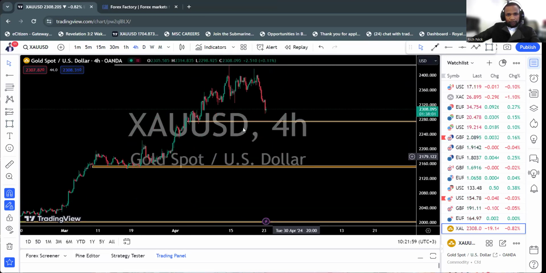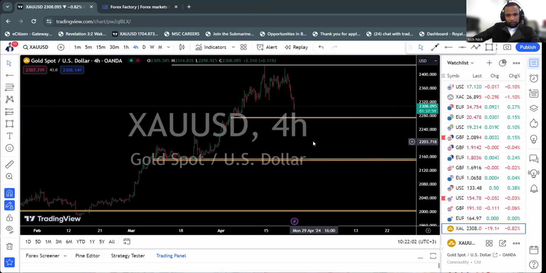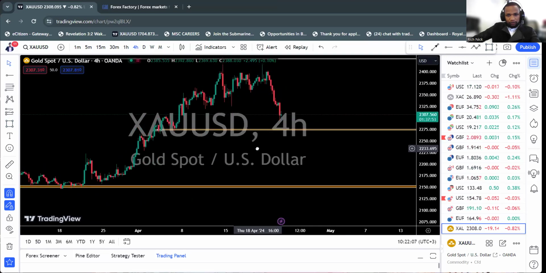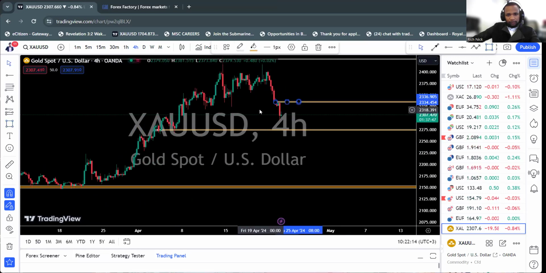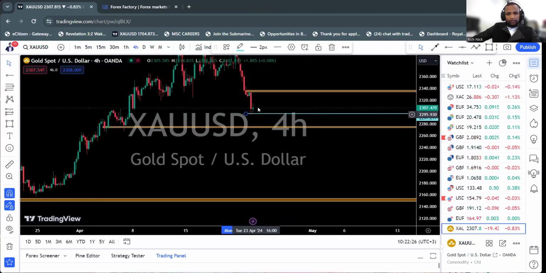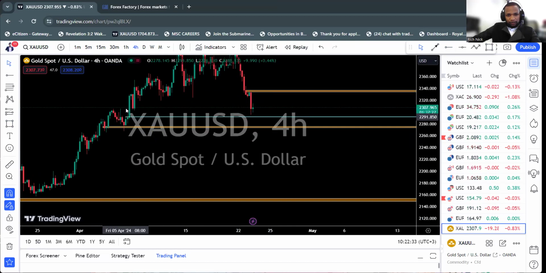All right, we are at H4 right now. As we look at H4, we see there's a new formation of a high over here. And of course, there's this low, but now we also have an area that we can draw like this, because we cannot really say this is a support until this candle closes. And since it hasn't closed yet, we cannot really call it a support, but we're going to